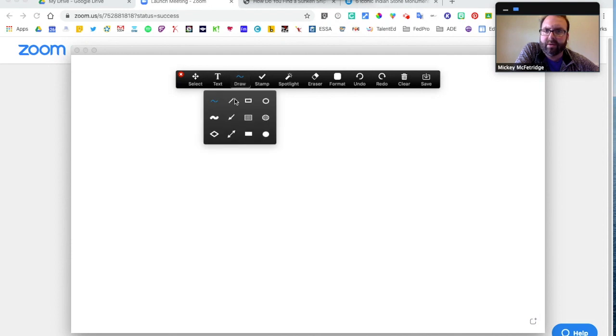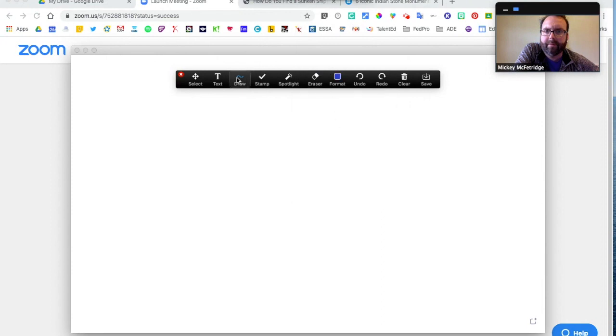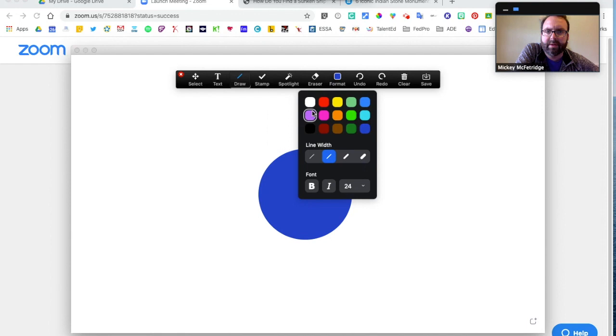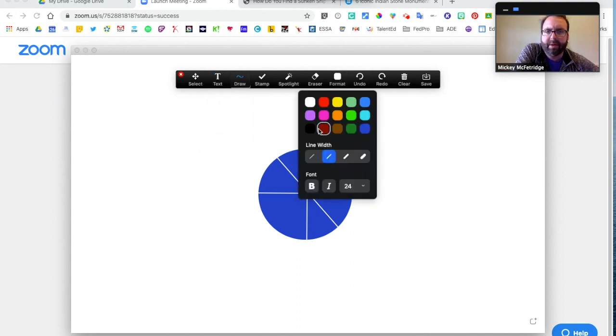So I can draw. I can click on that. I can do a free draw. Click over here to get my different colors. Maybe I want to talk about fractions today. So let's draw a circle. And then let's do some straight lines. And I could go in here and talk about fractions of this piece. Okay, it does take a little practice to get used to it. If you're like me, you don't like drawing that much with the mouse, but you do get used to it